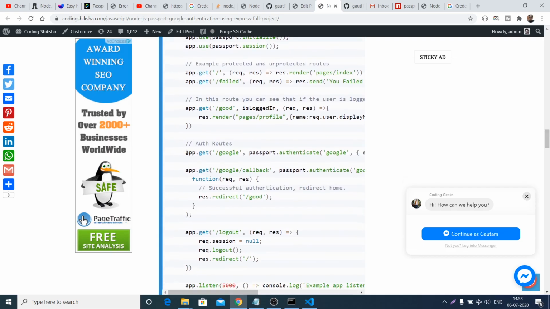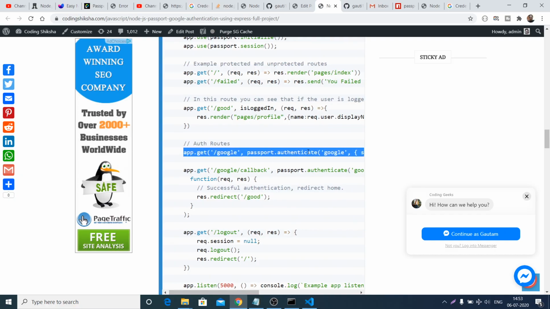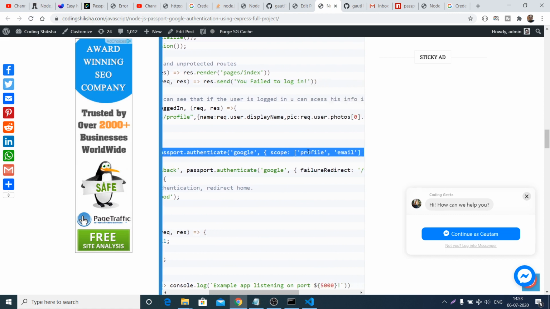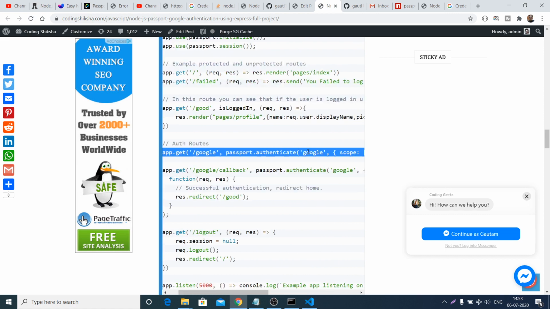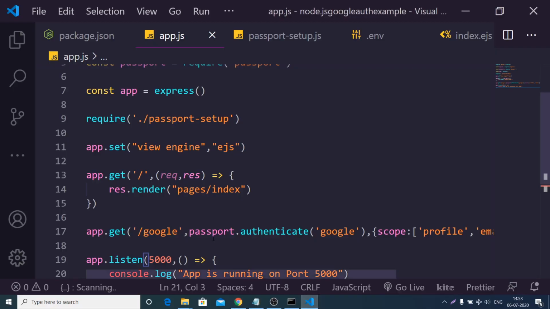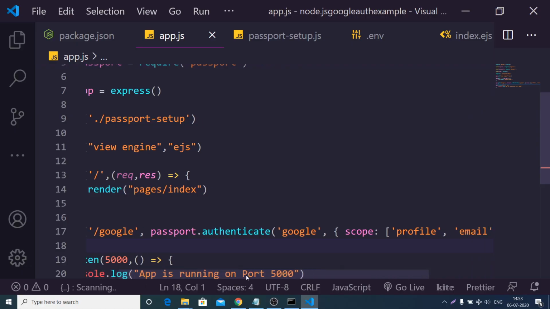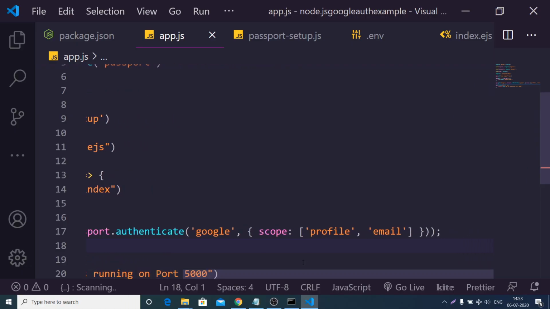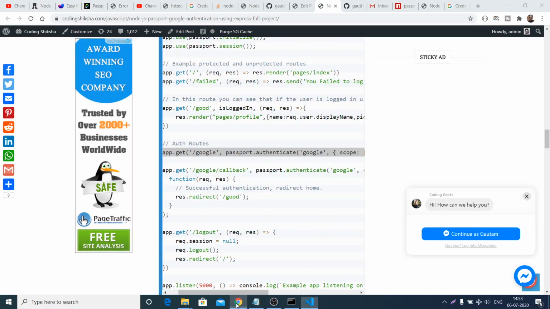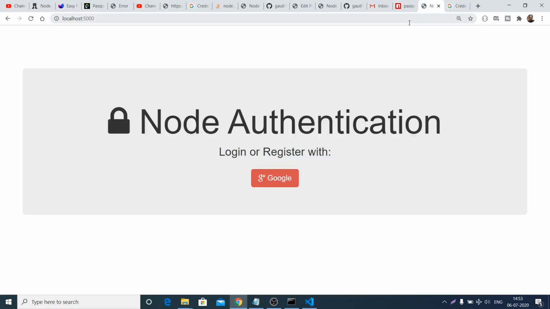This is a request here. You need to pass the scope. You can see that profile email. Let me copy this line. If I check here, you will see that the error is gone. Now you can pause the video and check the code here. I think there was just a problem with the brackets. So if I go back to the application and click the Google button, it will redirect me to the accounts here.